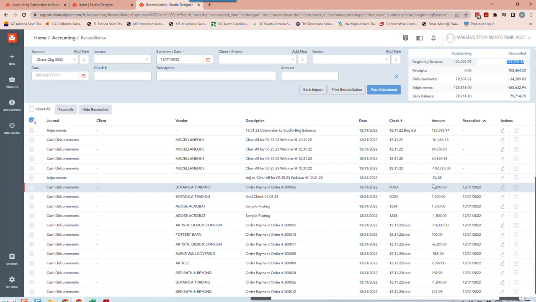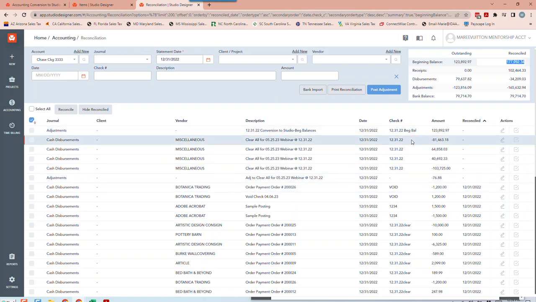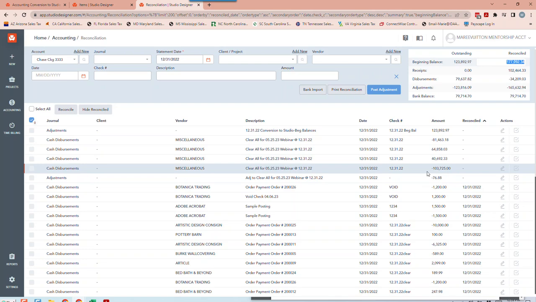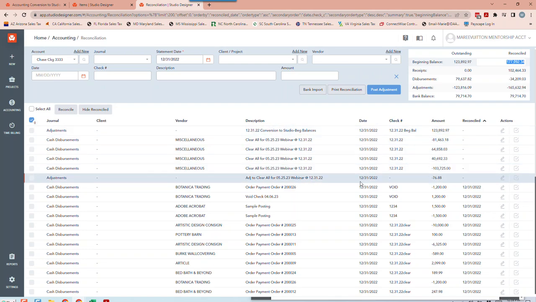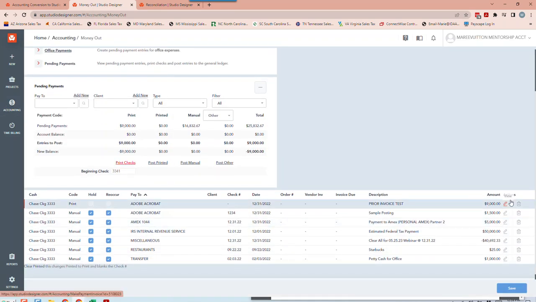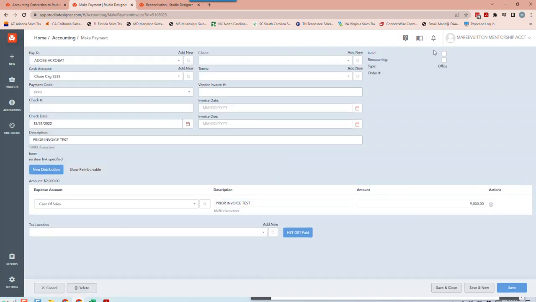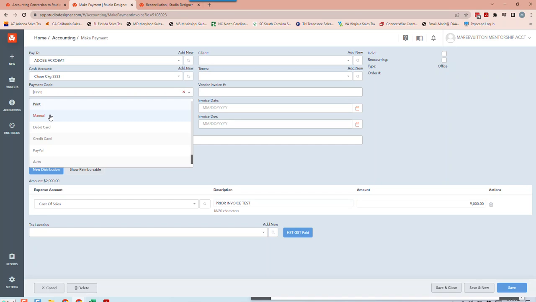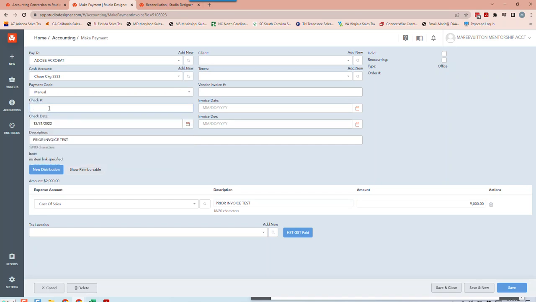Okay, so that being said, if you had outstanding checks, what you have to know is the check was accounted for in the totals already. So when I said here, you're going to be going into money out, I'm going to go ahead and just pretend that this was an outstanding check. So I'm going to just call it 1, 2, 3. I'm going to leave that as the date, and I will just say